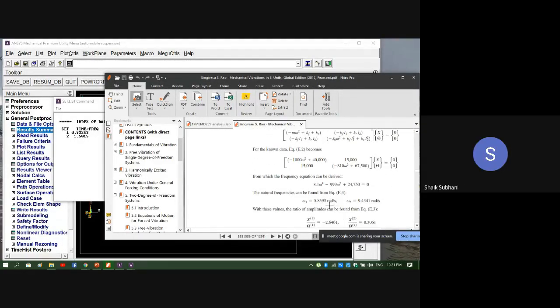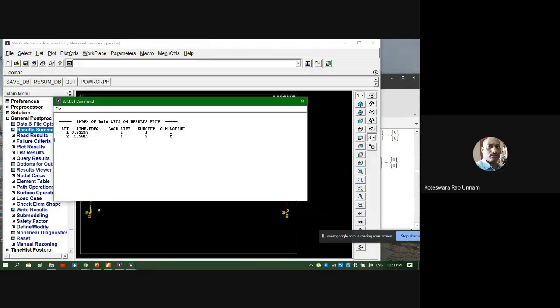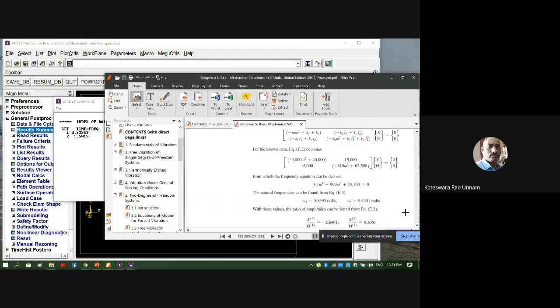These are in radians per second, right? Yes, sir. These are in radians per second. Whatever values we got are in hertz. So if I multiply these values by 2π, I need to get these 2 values. So I'll take the calculator and verify it.